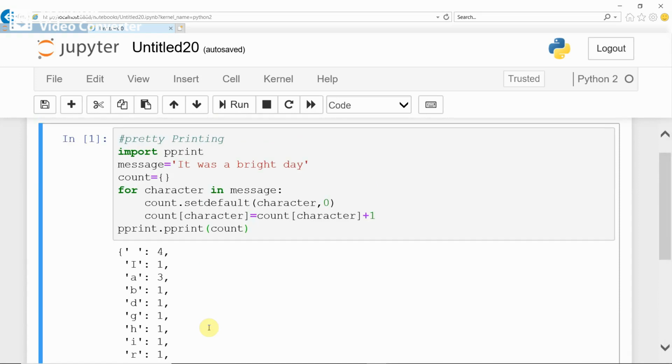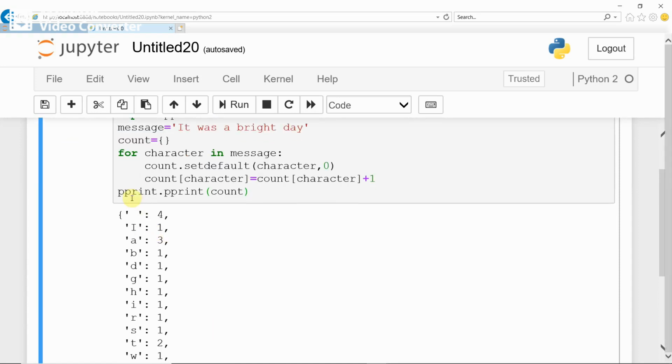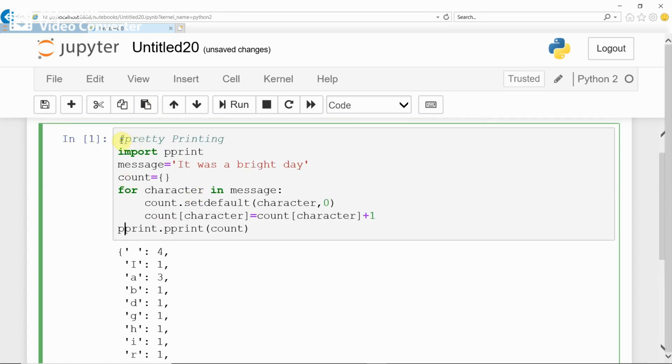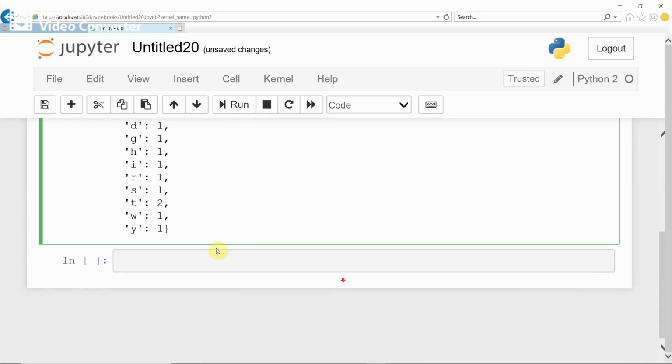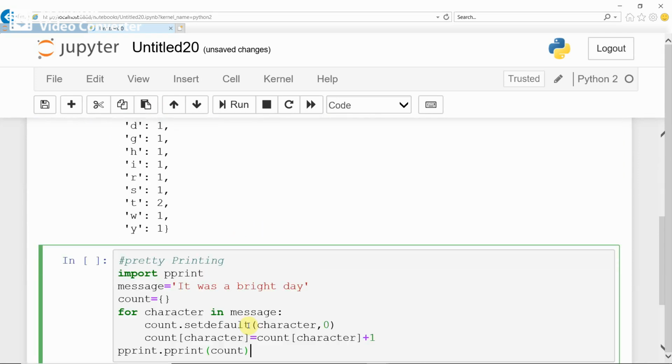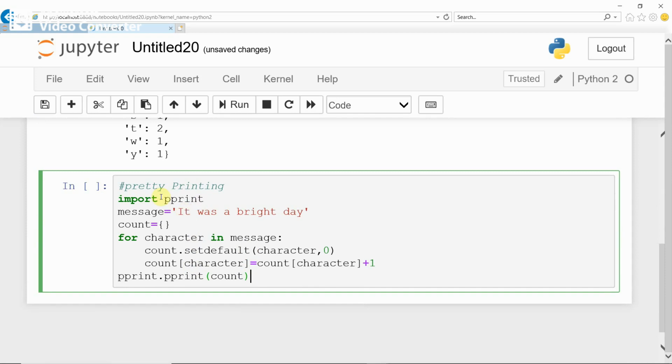Now, what's the usage of pprint here? What happens if you don't use pprint? See, I won't use pprint. Okay. See, the same program I copy to the next window. Here I copy the same program and I remove import pprint with a hash, I make it a comment.